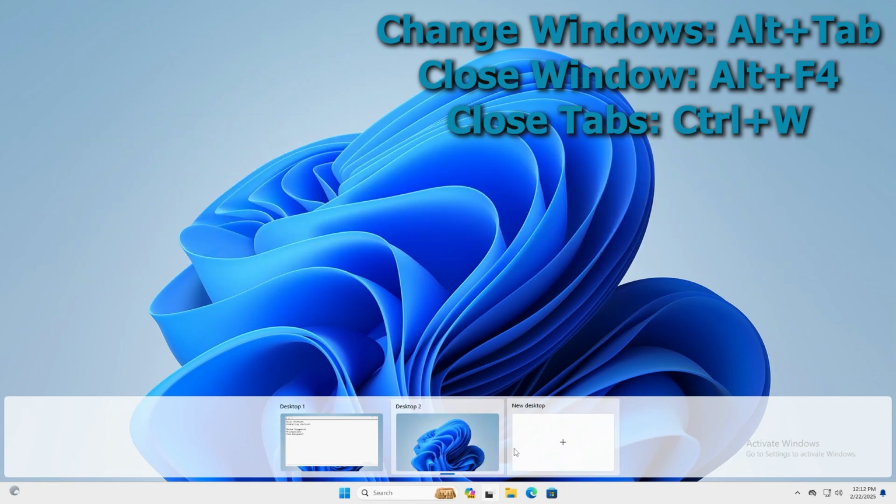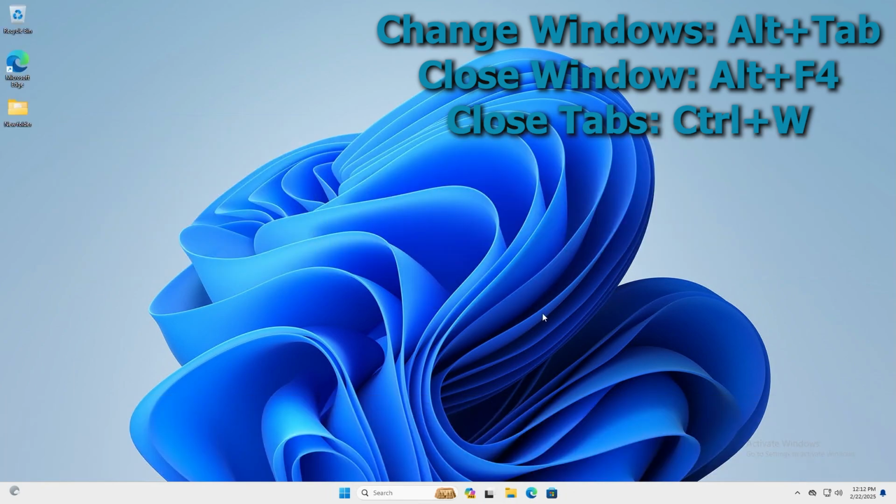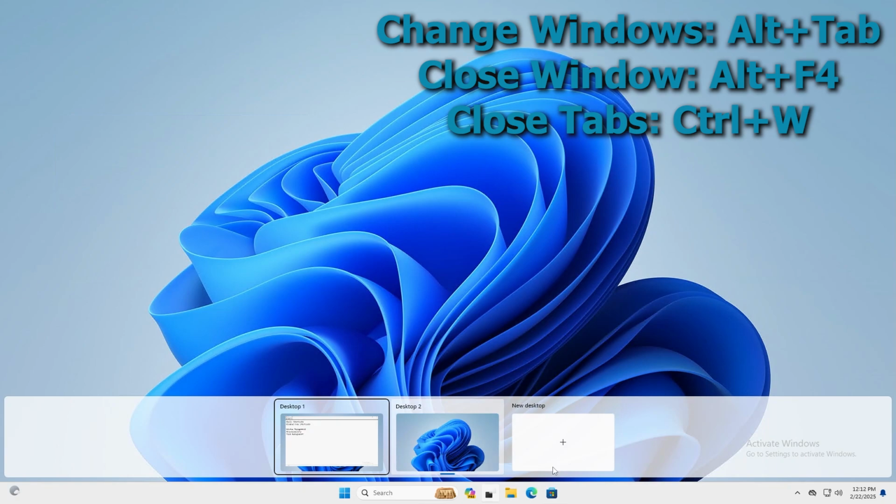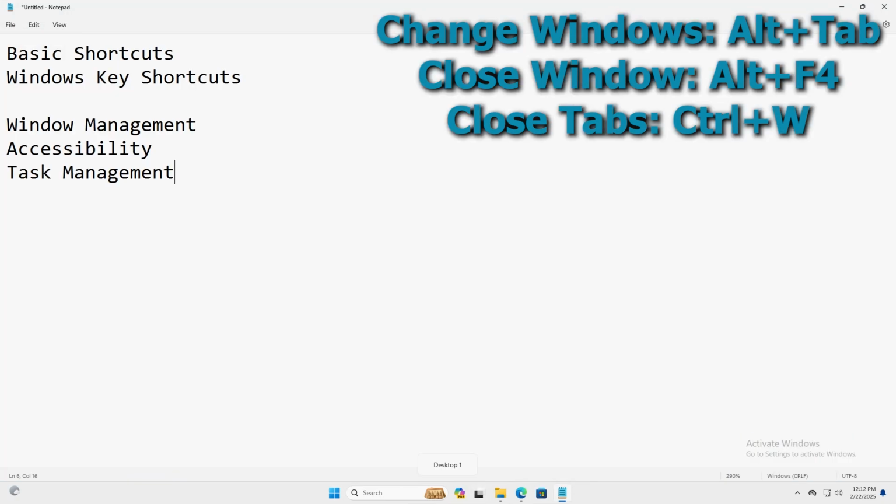The new desktop button will quite literally take you to a fresh desktop. As you can see, I have nothing open here. And if I went back to desktop 1, I have a bunch of stuff open. Maybe you can find use case scenarios for you. I personally don't use that feature, but it is there and it's kind of neat. But moving on,